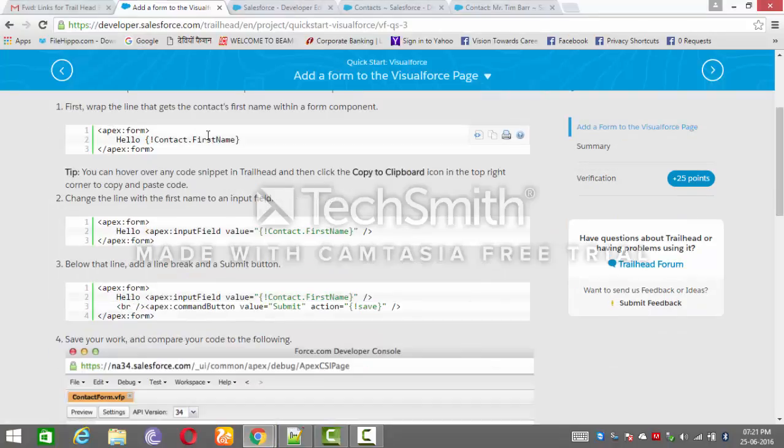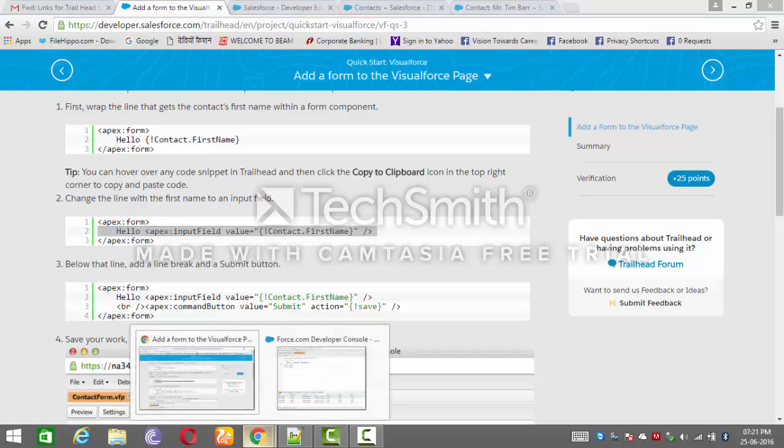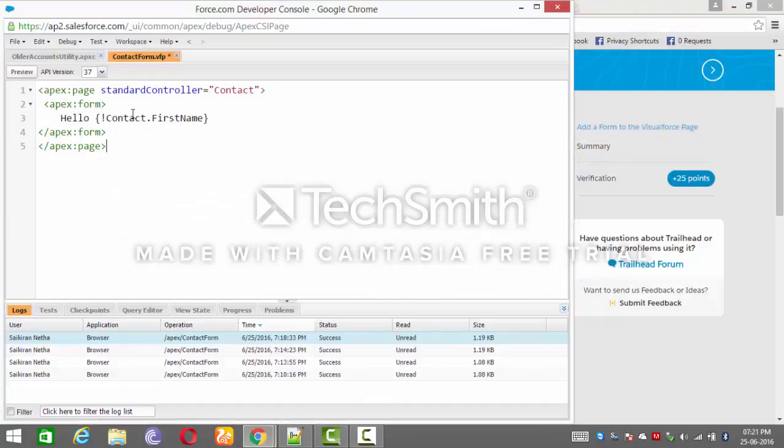The line with the first name has to be changed to an input field. Replace that line with hello apex:inputField value=contact.firstName. Previously it was just plain text. Now we are making it an input field.